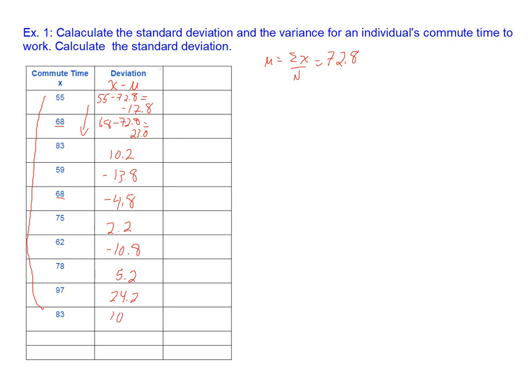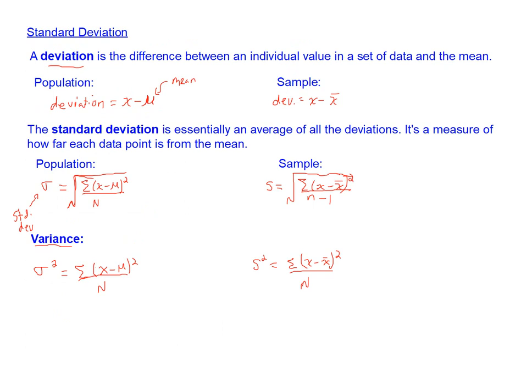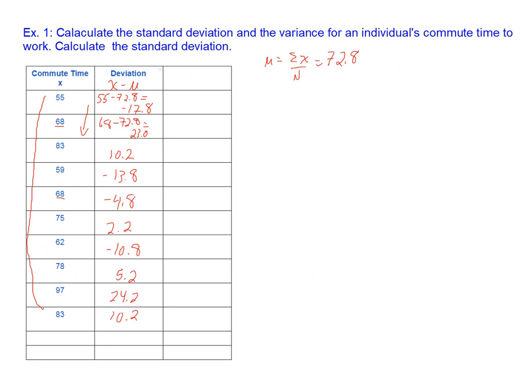So there are all of the deviations. Now if we flip back to the screen here with the formula, we needed not just the deviations, but we needed to square the deviations, and we need the sum of those. So we need the sum of the deviations squared. Let's see if we can do that now. So this column right here will be the deviations squared. So x minus the mean